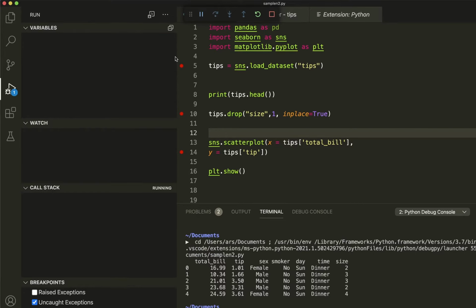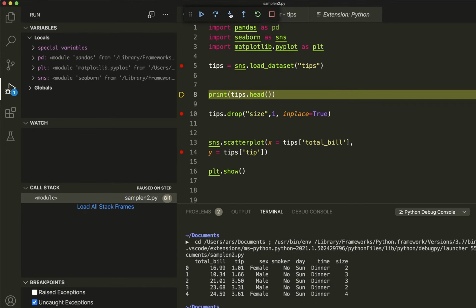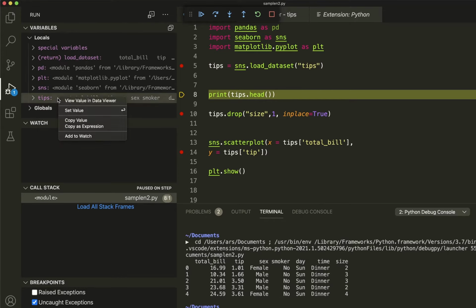It's running. You can see this. It's going to let you run. It's still executing. Yes, the first stage. In the second, where you can see tips, let me open it quickly and see the value on data viewer.